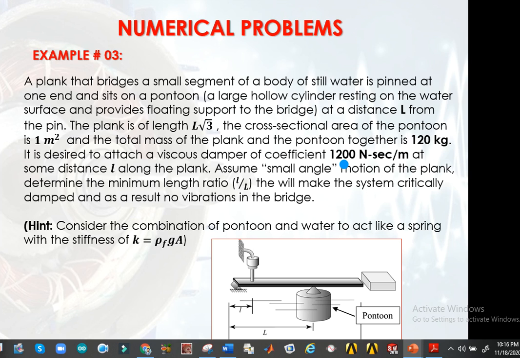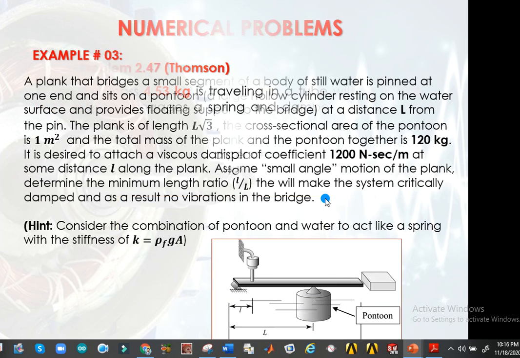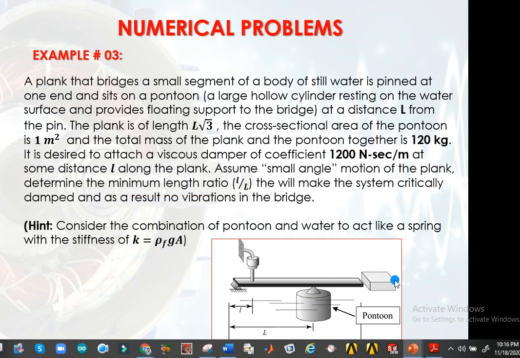And then we have equated the critical coefficient with the damping coefficient, both are equal. Why? Because it is critically damped. And then equating all of them and getting the ratio of small l to capital L and putting the value of known terms, we can easily equate the distance of both the restoring elements in such a way that the bridge should not oscillate.